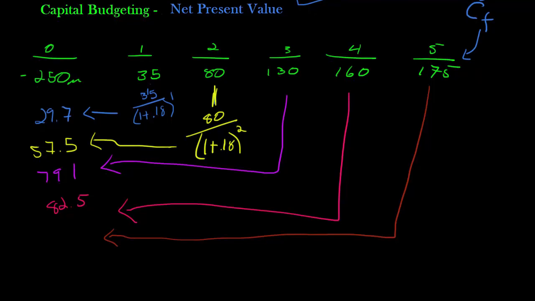If I scroll up a little bit here to give me some space, I go to my brick red, and that's going to be 76.5. And then I add all of these up. So this is exactly what we did before, except that when I add these up here, I have to take into account my initial investment. And my initial investment happens to be negative. Here it is, negative 250 million. So I'm going to add all these up, and I'm technically going to subtract these by adding them up, and my total value down here at the bottom becomes an NPV of